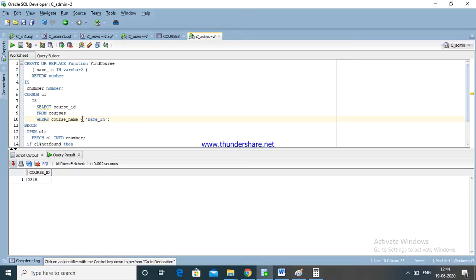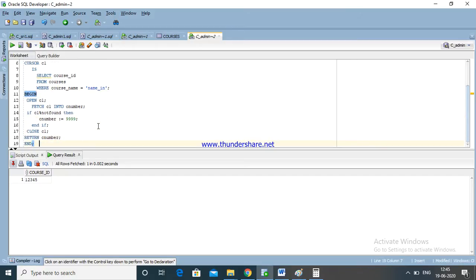This is a cursor select statement, and we are using the select statement into C number. We are declaring not found, C not found. If found, we are returning the C number. Now just enter here.